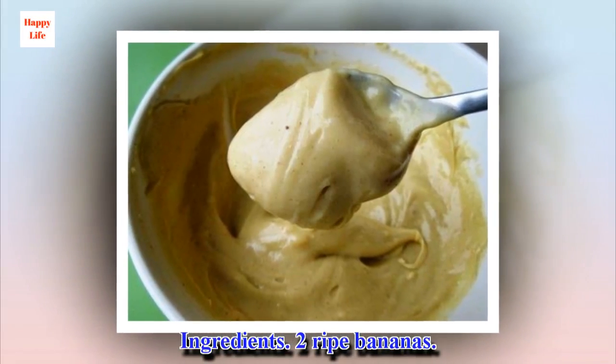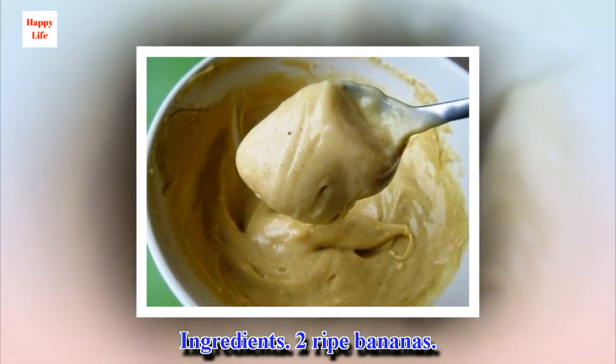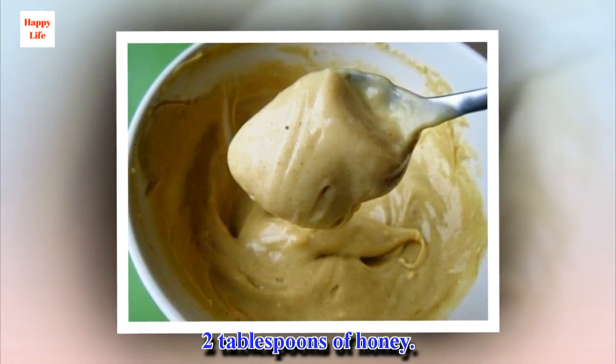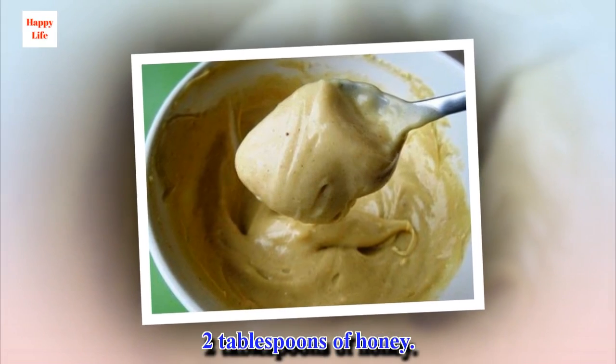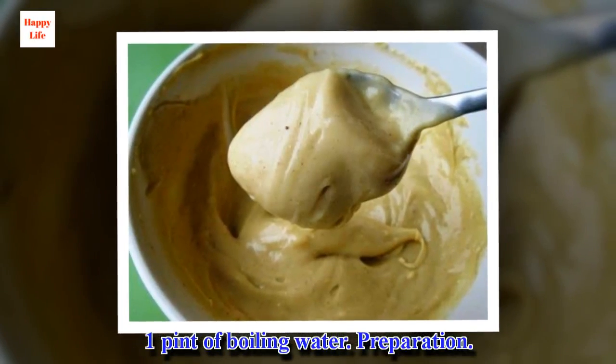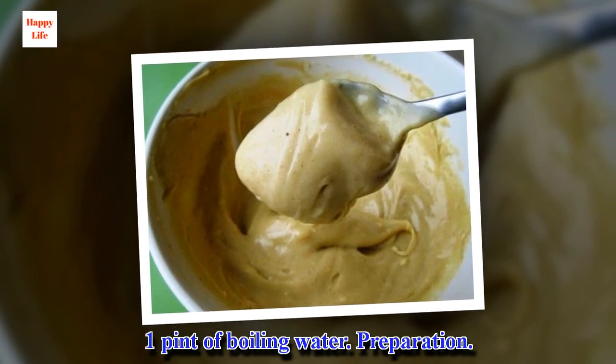Ingredients: 2 ripe bananas, 2 tablespoons of honey, 1 pint of boiling water. Preparation: